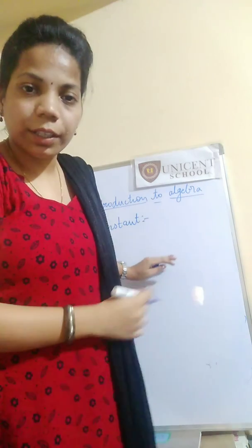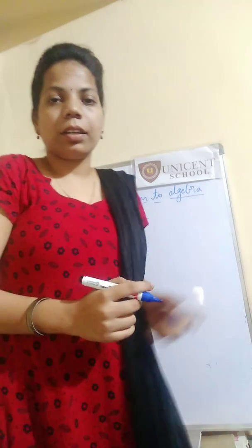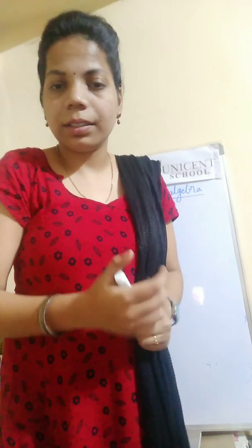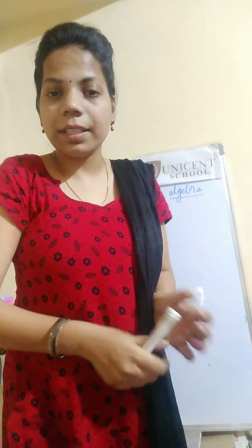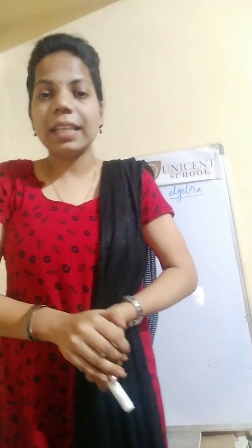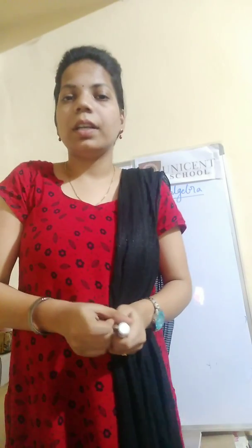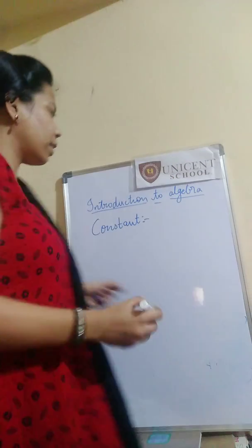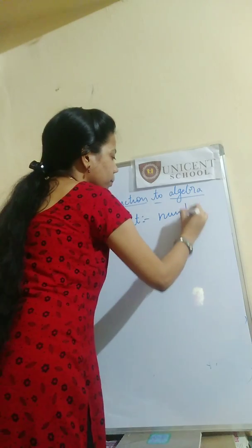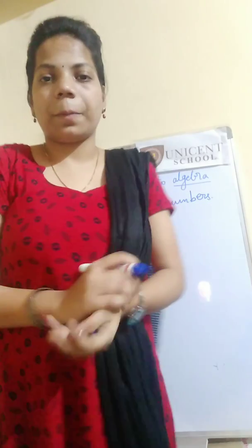the first new term is constant. So, can anyone say what is a constant? Constant. What is the meaning? Same, right? So, the quantity which has a fixed value is called constant. Okay. So, in mathematics, can you say what are the fixed values? Yes, all the numbers are fixed, right? So, we cannot change the values of numbers, right? All the numbers are called constants, right? All the numbers. Fine. Now,